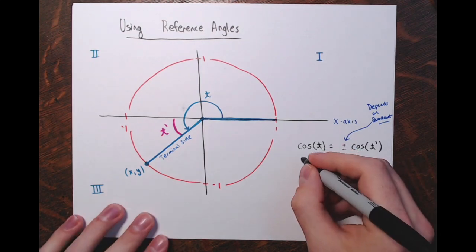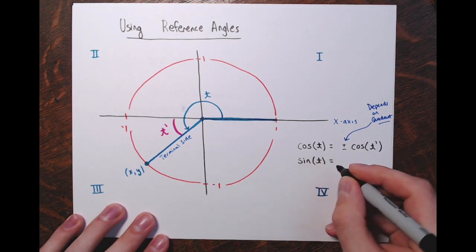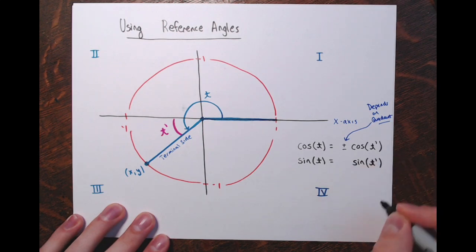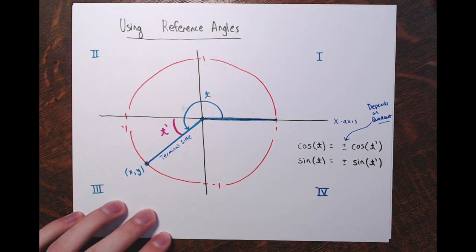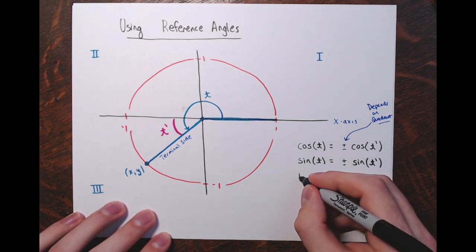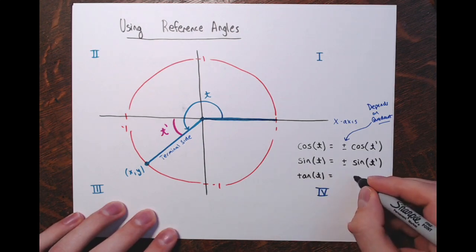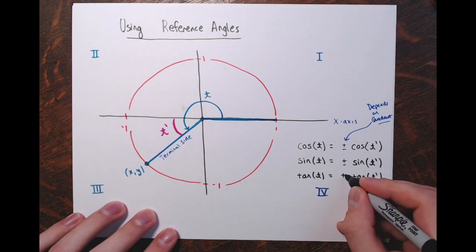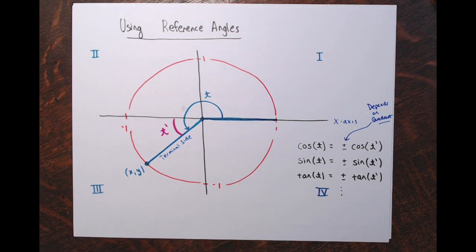And the same thing goes for all the trig functions. The sine of an angle, you can take the sine of the reference angle and then make it positive or negative depending on what quadrant you're in. And the same thing goes for all 6 of them. The tangent of an angle is just the tangent of the reference angle t prime, but positive or negative depending on the quadrant, and you've got the other 3 as well. All right, so just a refresher,